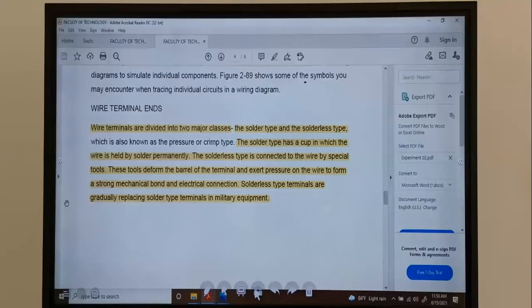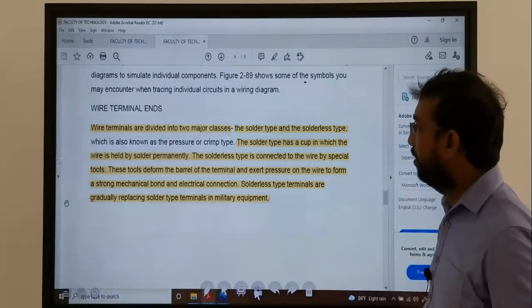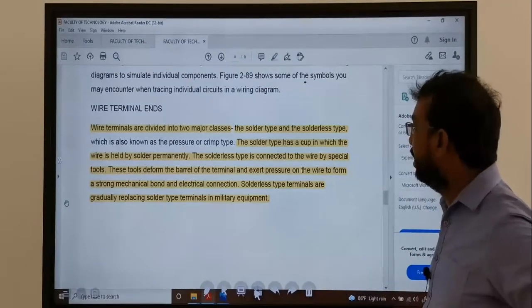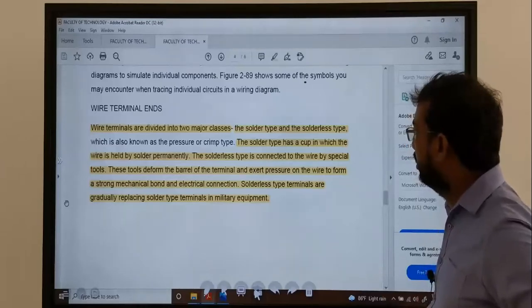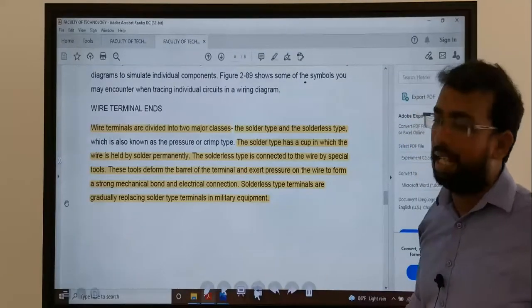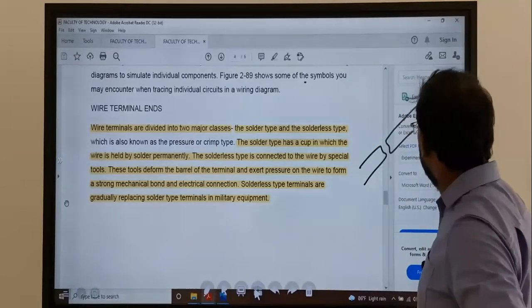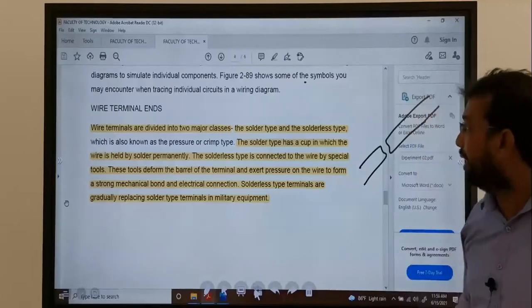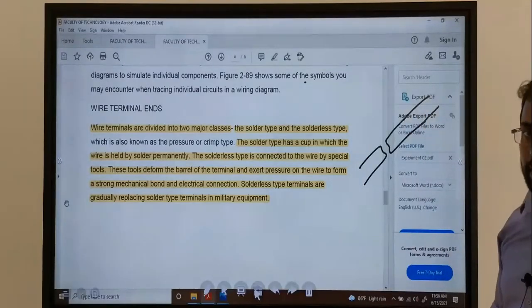Connection: there are two types of wire terminal ends, the ends where we connect the wires. One is the soldered type and the other is the solderless type. What is the soldered type? Soldered type means a permanent connection, because the two wires are joined by fusion. Solder is a fusible material, a kind of lead, not a welding.